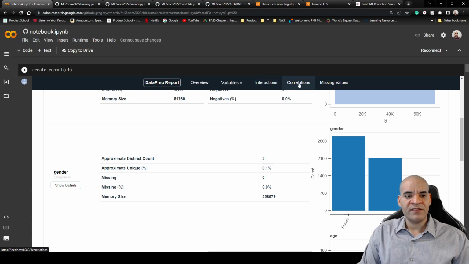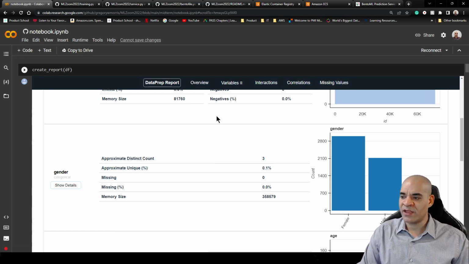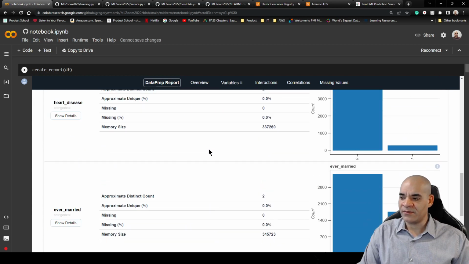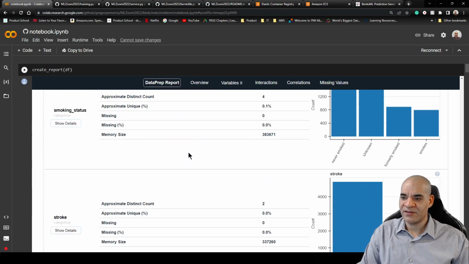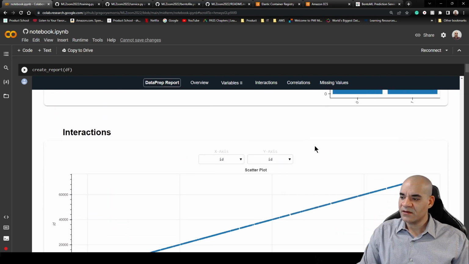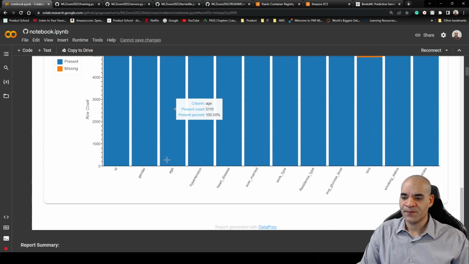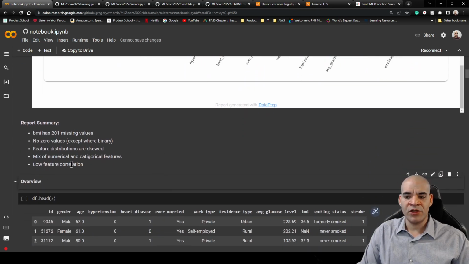I would click on these tabs. However, I'm using Google Colab, and in Jupyter, that's fine. You can click on these tabs just fine. But Google Colab does not care for them, so I will not click on them. It will not be happy with us. But again, highlighting in red here, like, hey, you want to take a look at this? You have missing data, and various graphs. It even gives us a little bit of a correlation matrix here, and then a brief summary